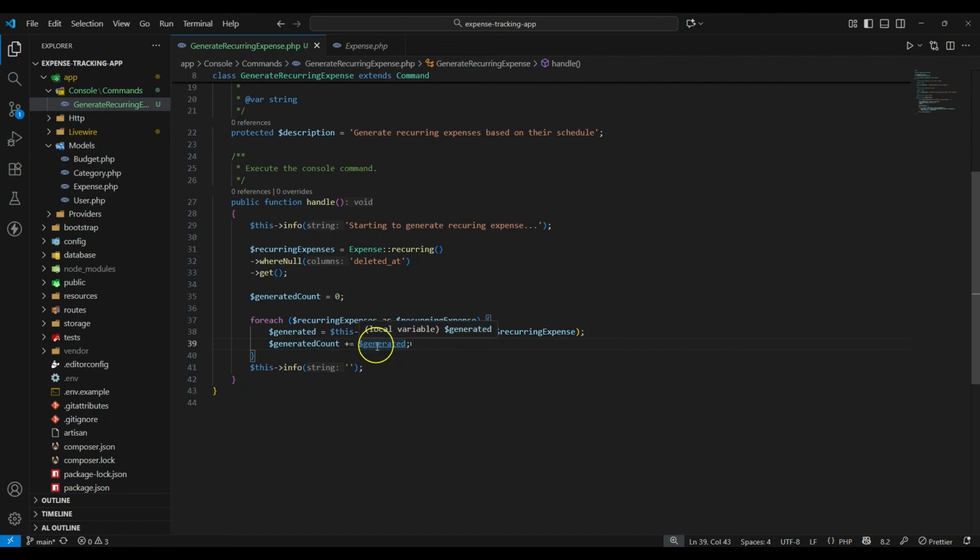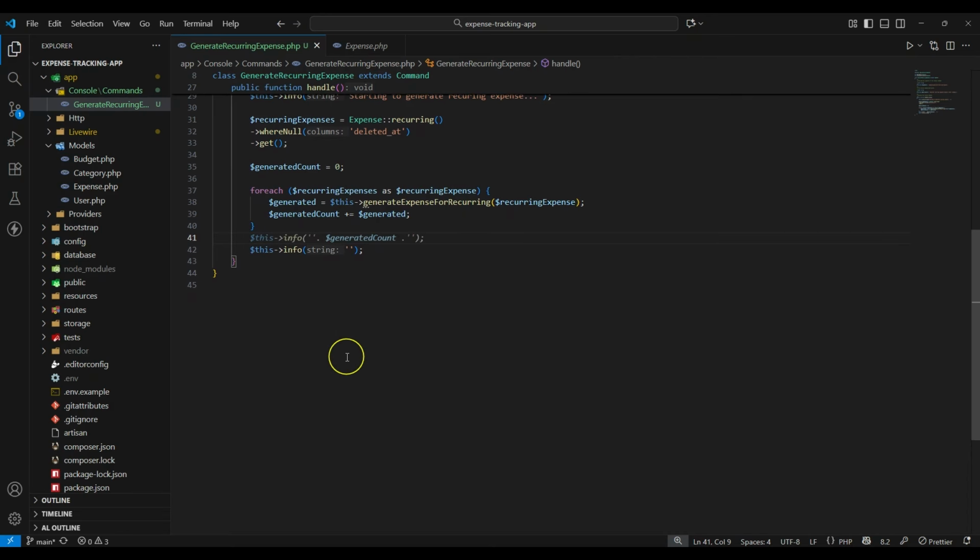So we're going to get this one and add it here. After that we are going to have this info, and from this info we are going to show the number of generated values. The first message you can show is something like successfully generated,